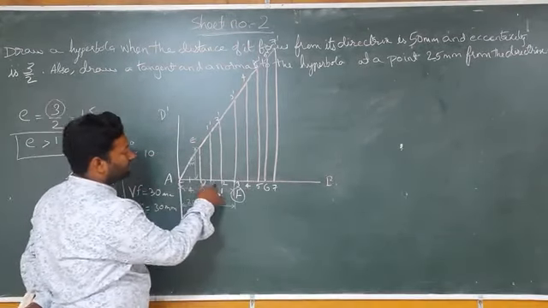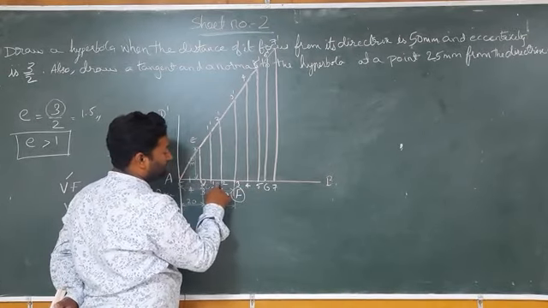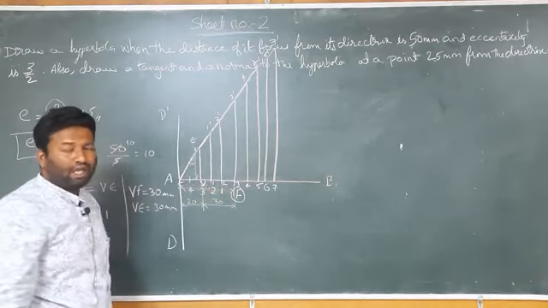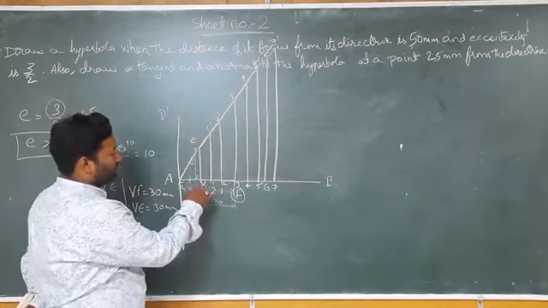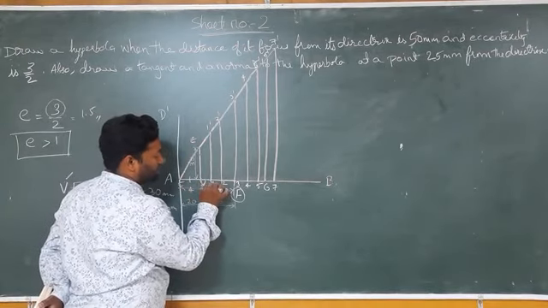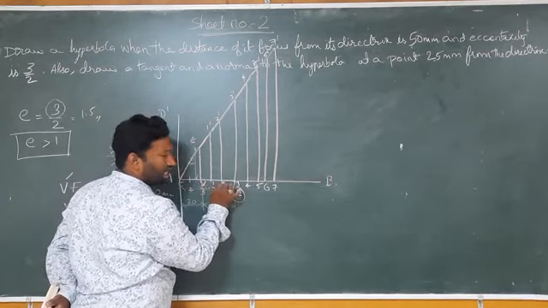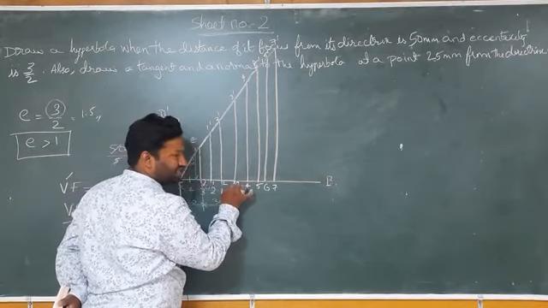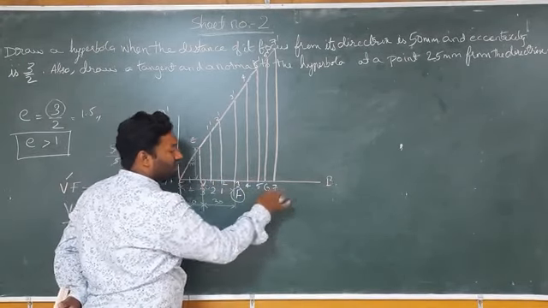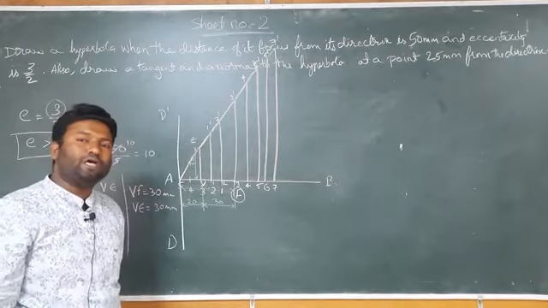Here each division I have taken is equal to 10 mm. The gap from V to 1 is 10 mm, 1 to 2 gap is 10 mm, 2 to 3 gap is also 10 mm. So here I have made equal divisions by maintaining a 10 mm gap.